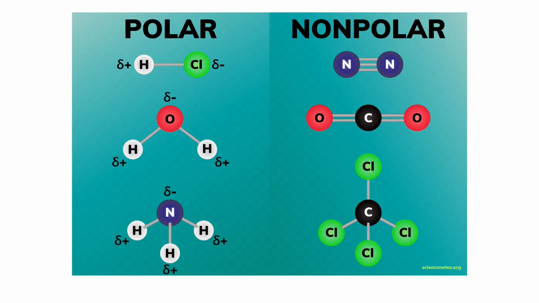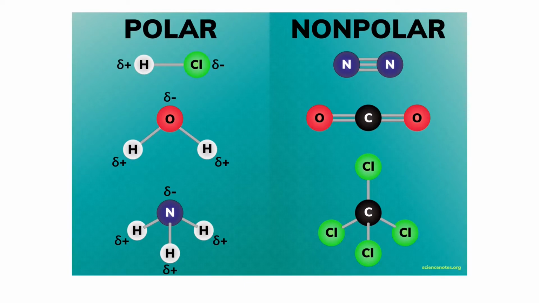Before going into the details of intermolecular forces, let me give you a recap of polarity. Polarity refers to the distribution of electrons around the atoms in a molecule. On the basis of polarity, molecules can be classified as polar molecules and non-polar molecules. In polar molecules, the atoms do not share electrons equally in a covalent bond. For example, in HCl, hydrogen is electropositive and chlorine is an electronegative atom. That is why the electrons are attracted more towards the chlorine atom, and this is the reason that the HCl molecule